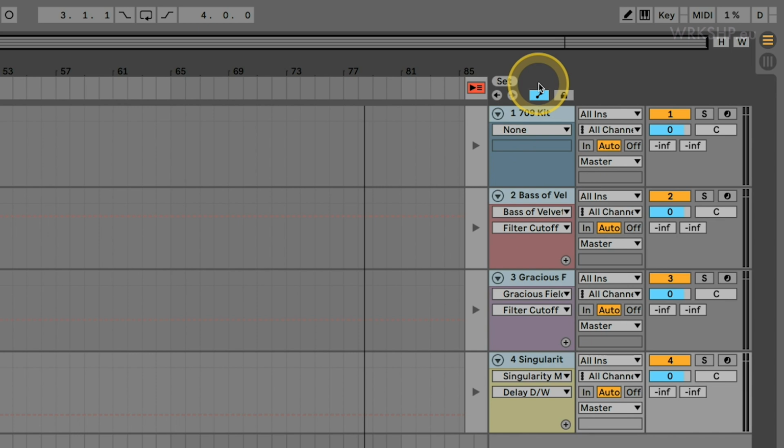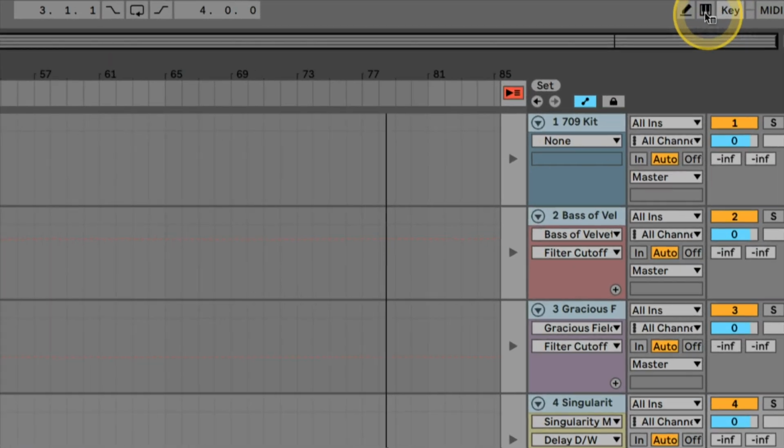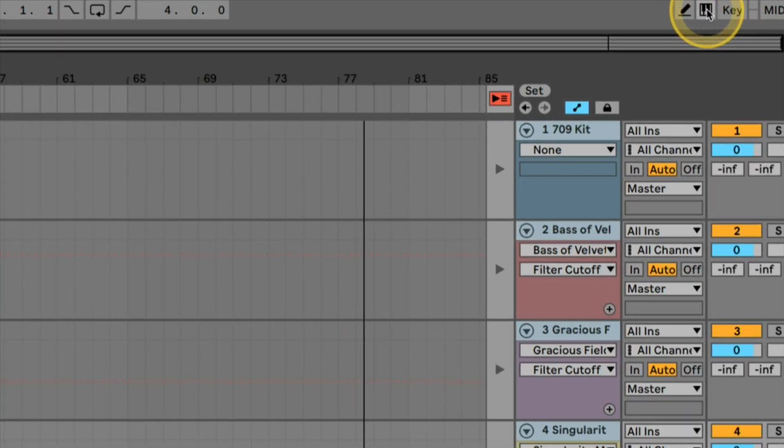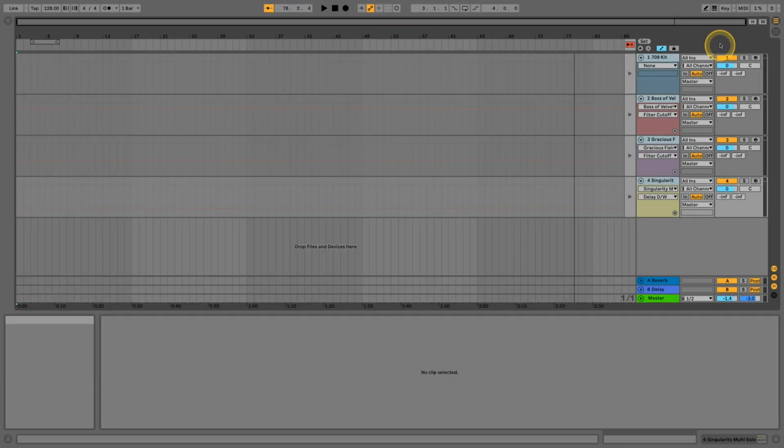You can see it changes the color of things somewhat, but if it's on, we get to see even more information. You can also access this with the A key on your keyboard. And if for some reason that's not working, it could be you still have your virtual keyboard on, and sometimes that also uses the A key for inputting notes. So it's just a little note for you there.